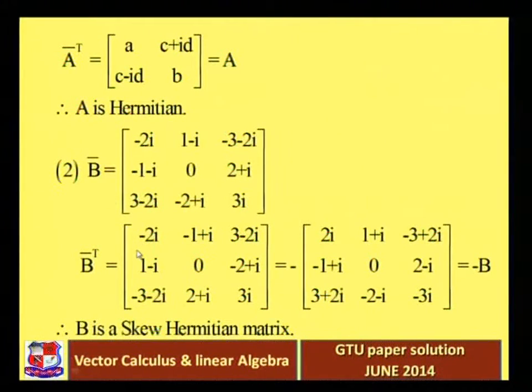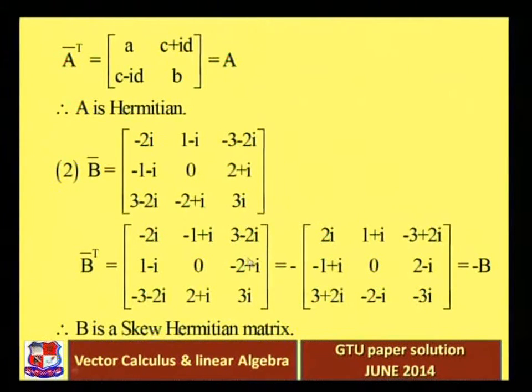So now the transpose of this matrix means we have to interchange row and column. So minus 2i, 1 minus i, minus 3 minus 2i, then minus 1 plus i, 0, 2 plus i, and then 3 minus 2i, minus 2 plus i,